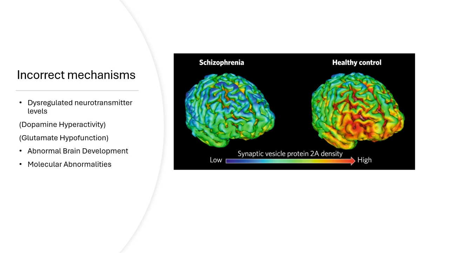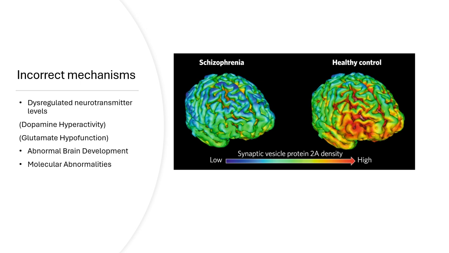Incorrect mechanisms. In brains that have schizophrenia, the neurotransmitter levels are going to be not regulated. So, dopamine levels are going to be excessive, causing positive symptoms like hallucinations and delusions. And because of the glutamate hypofunction, and the decreased glutamate activity, it's gonna cause negative symptoms and cognitive symptoms as well. But because of schizophrenia, there is gonna be abnormal brain development.